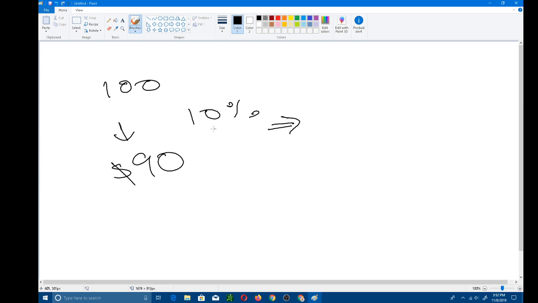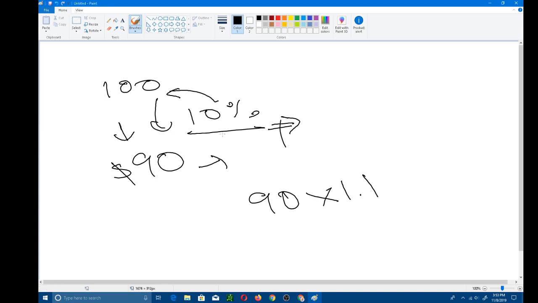The reason it's not 10% is because 10% is what was the original capital that was taken away from. Now, when you're trying to add 10, we'll do the math, honestly. What is 90 times 1.1? Because that's what adding 10% is like. Yeah, it's 99. That's not $100. And yeah, it's close, fine. That's not the point that I'm trying to make.